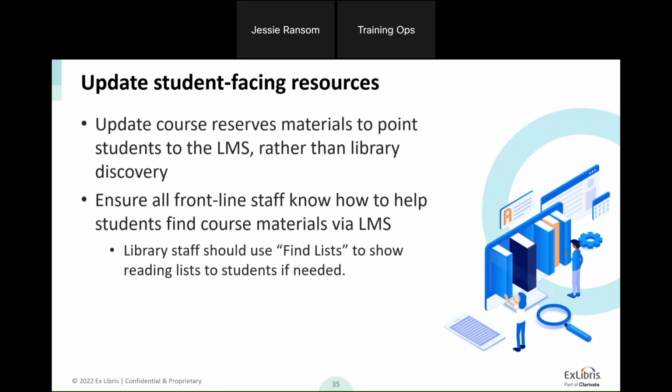Also, Discovery, Primo, or Summon won't ever be complete. It won't ever include all of the resources that they need for their course. It only includes the resources that are part of the ALMA repository. So it won't include websites or articles or uploaded files or all of the many other things that might be required for the student to engage with as part of the course.